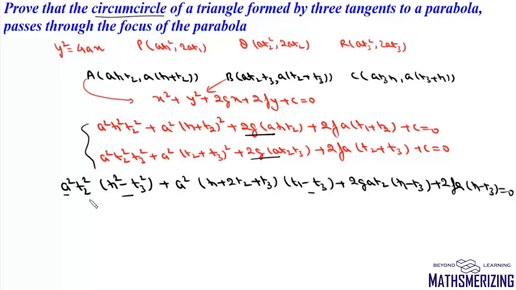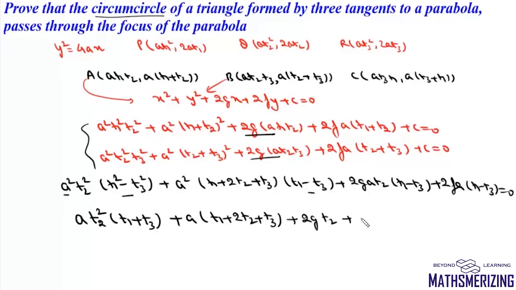So we'll take (t1 minus t3) common, then we can write this result as a t2 square (t1 plus t3) plus a (t1 plus 2t2 plus t3) plus 2gt2 plus 2f equals to 0. Now we'll take this third point also and then from second and third we'll get this